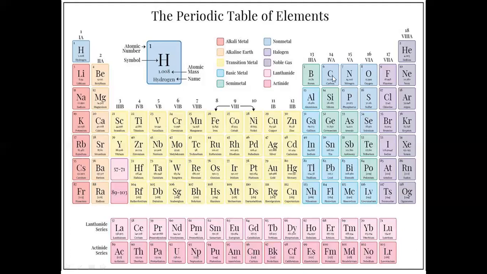Whereas carbon has 4 electrons in the outermost orbit. Right? It has to either give 4 electrons or take 4 electrons. So it will neither give nor take. It shares with others. Carbon and its compounds we are going to study in the organic chemistry chapter. So they are not able to lose or gain. They share the electrons. A different type of bond is formed here. This is a covalent bond.